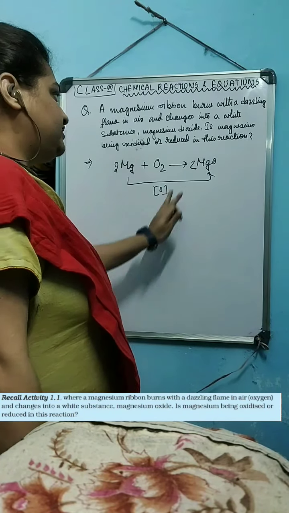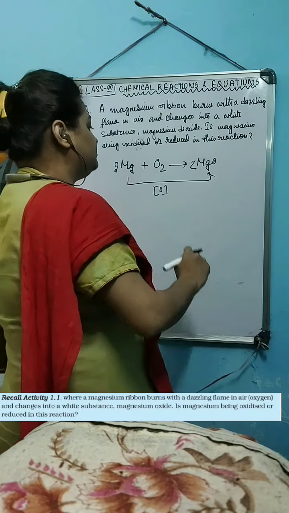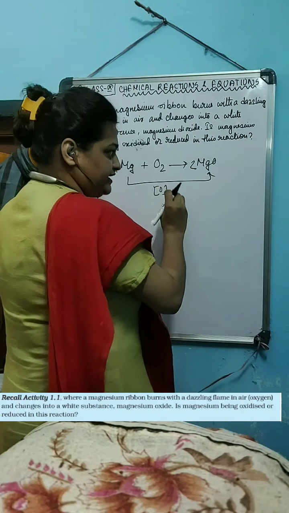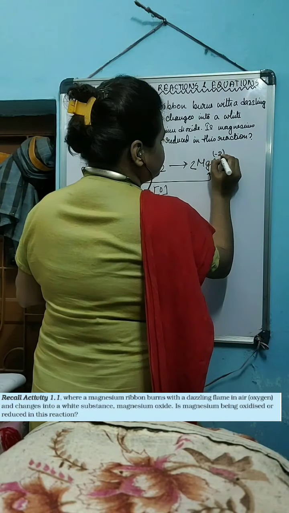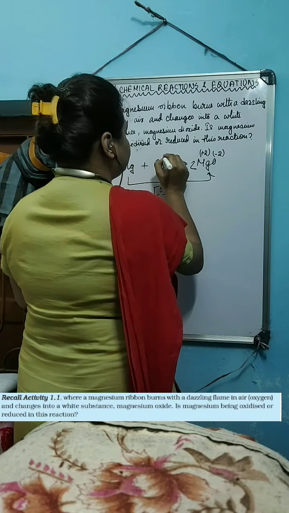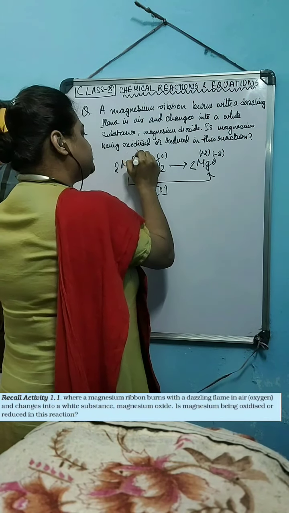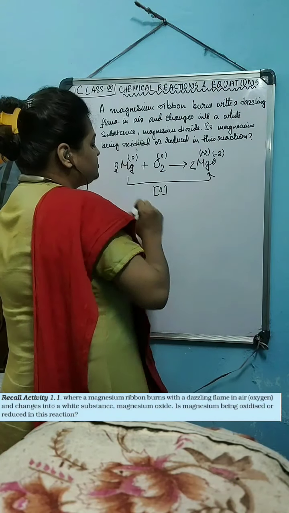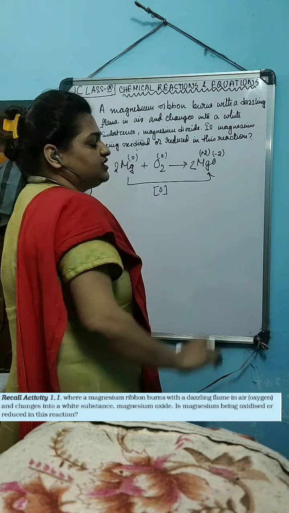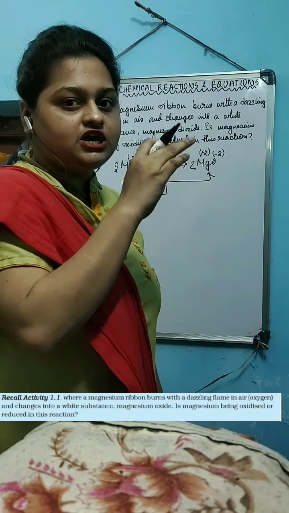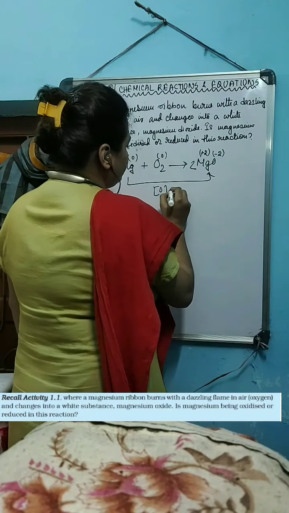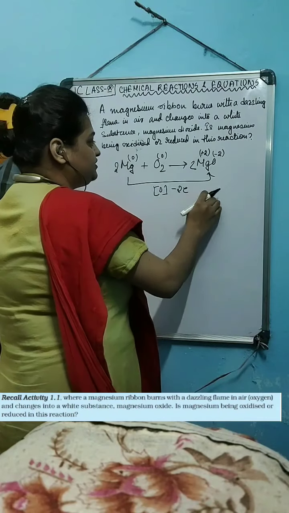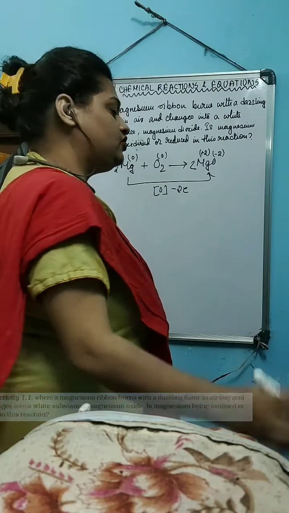By explaining this we can get the answer, but if the marks are higher, I would suggest you also give the electronic explanation. In this case, oxygen is 0 and magnesium is +2 in the product. In the reactants, oxygen is neutral, so 0. Magnesium is also an element, so it also has a neutral oxidation state, 0. Magnesium is transforming from the 0 oxidation state to the +2 oxidation state. Obviously, 2 electrons are leaving magnesium to produce this +2 oxidation state. Hence, magnesium in this reaction, by the electronic definition, is getting oxidized.